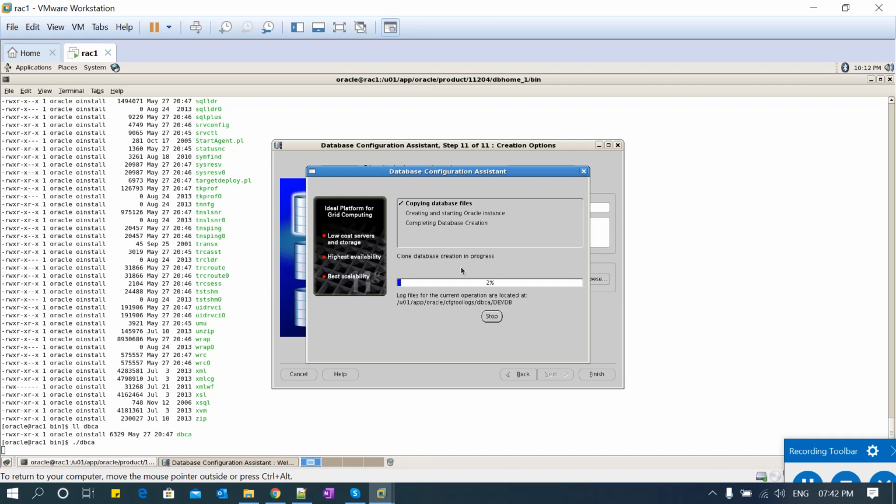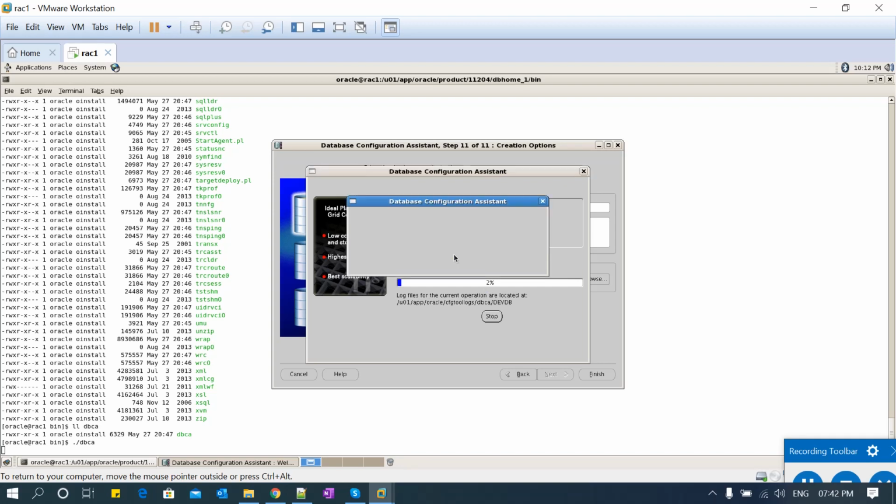Okay, so now once the database script is created, it will start with the actual process. Memory target is too small. Okay, this is a good observation. What it says is, you selected automatic memory management, and then you went ahead with the default 750 MB memory.